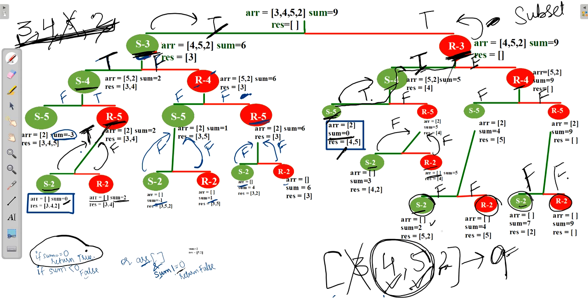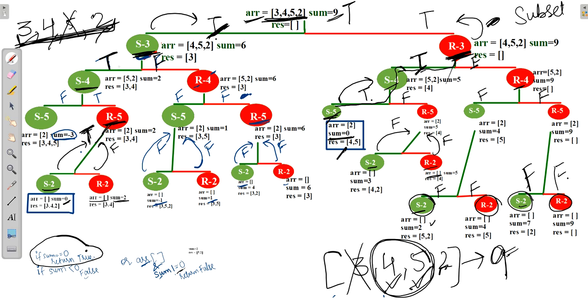With the help of recursion, we came out with two subsets for the array 3, 4, 5, 2. So here true plus true will return true, saying that this array will return a subset of array with a sum 9. So hope you understood this recursion concept.